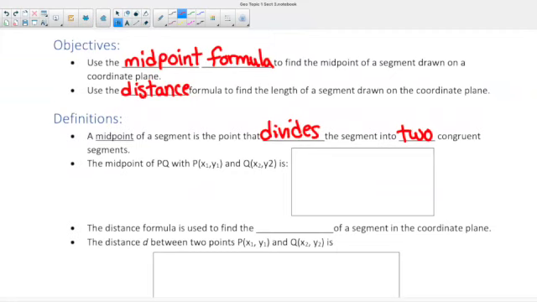The midpoint of PQ, with P a point at coordinate x1, y1. I know that's a lot of letters, but it's just a point. Like it's the point 1, 2, or 1, 1, or 0, 0. Those are coordinates. And the point Q is at x2, y2. So to find the midpoint, we're going to use this formula, M equals